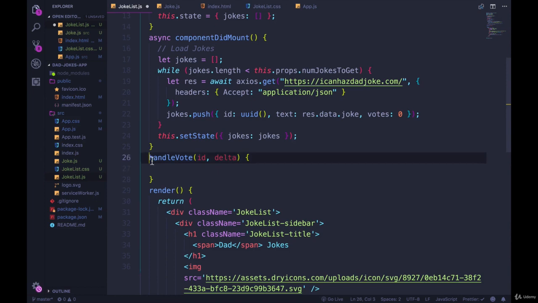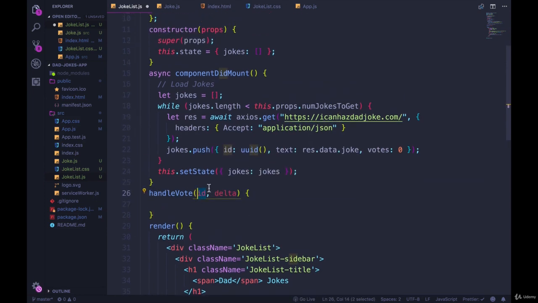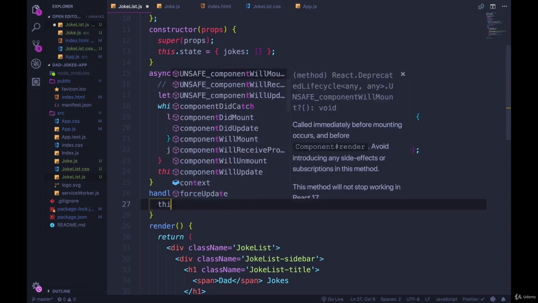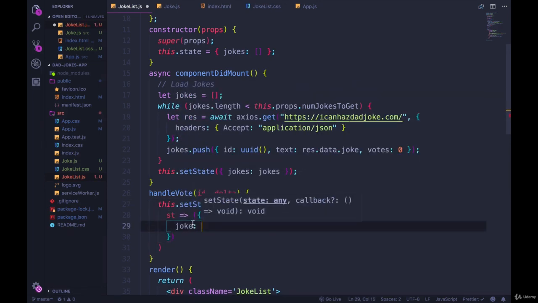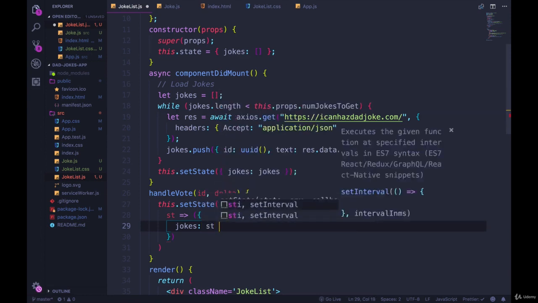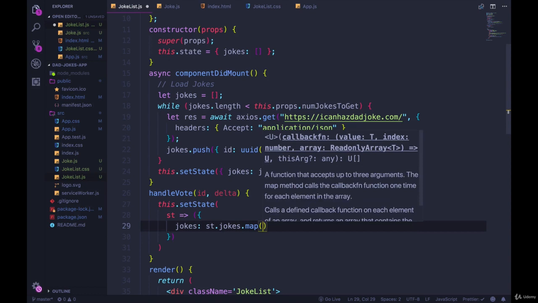Now we can finally work on the handle vote method, which will take an ID. It will find the correct joke in the state and then update it by adding in the delta to the votes. And delta could be negative, but we're just going to add that negative number. All right, so we're going to need to do a this.setState, and I'm going to do the callback form. So I'll call the old state just st, and we're going to update jokes and set it to the old state.jokes.map. This is just one way of doing it, but I'm going to map over because we do want to